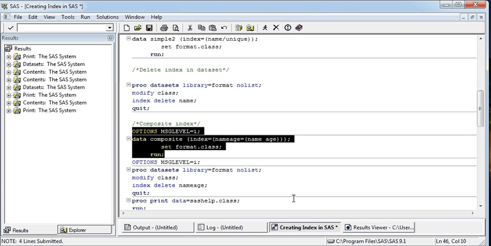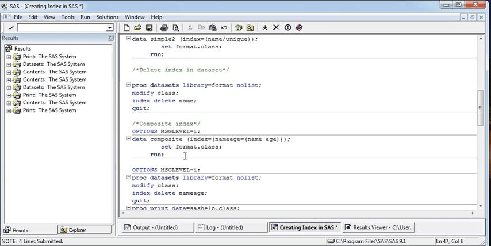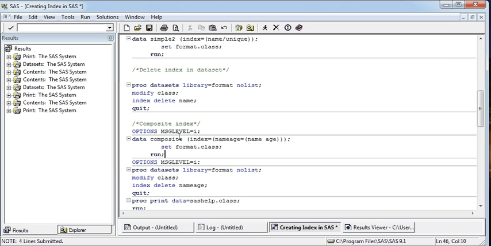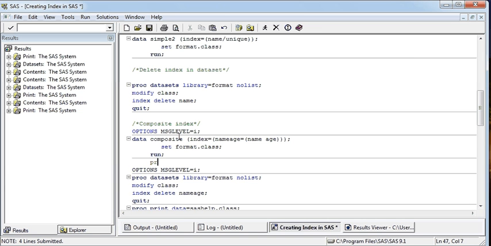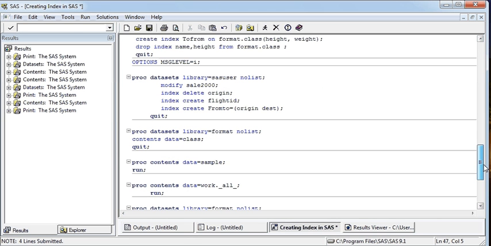And if you want to see whether the index is created or not, I think I will show with this statement: PROC CONTENTS data equals format.class.